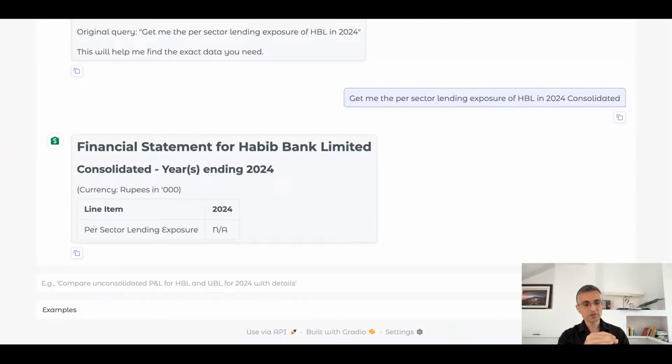Then for each chop, which is called a chunk, we assign it some labels, which is called metadata. And then for each chunk, we assign it an embedding, which is basically a whole lot of numbers called vectors, and that acts as a way to identify a chunk. The reason these numbers are useful is that when we put in a query like, get me the per sector lending exposure for HPL, what's happening in the background is even these words are getting converted into all those numbers. And now it's trying to find the chunks that match closely with those numbers